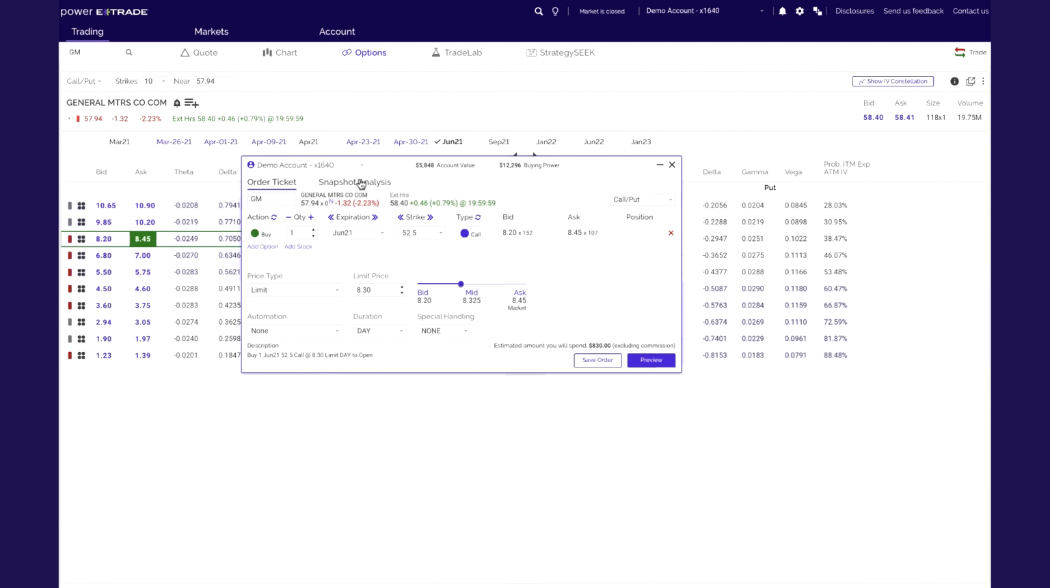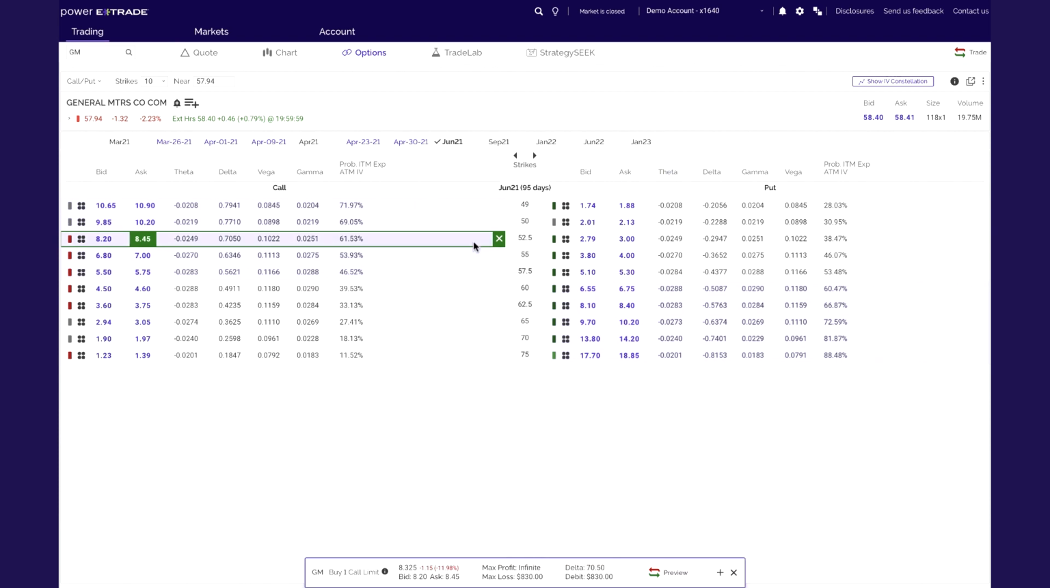From here, I can do my snapshot analysis. Now, if I wanted to take this and convert it from simply buying a call option to something a little bit more advanced, like doing a bull call spread, which would be a call vertical, I could change it here. Or the other way that I could do it, I'll minimize this to give you a little better view, is